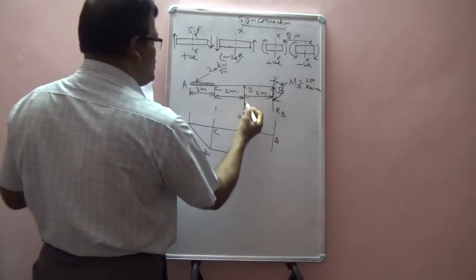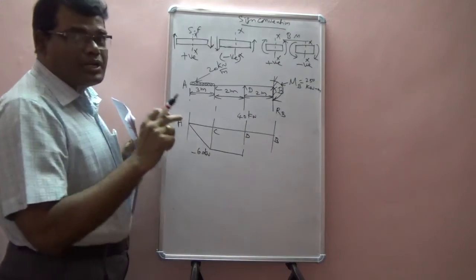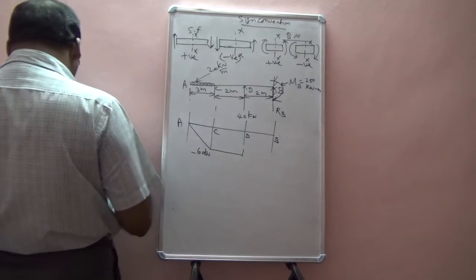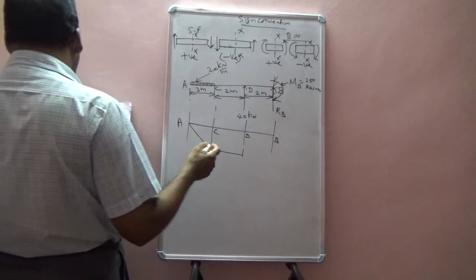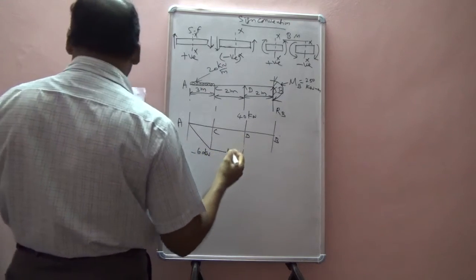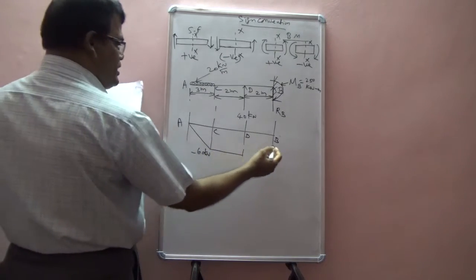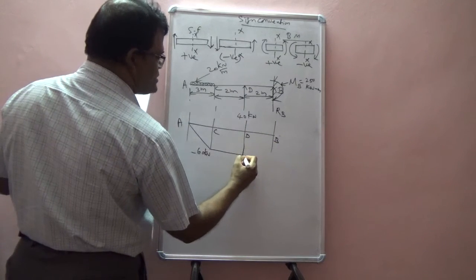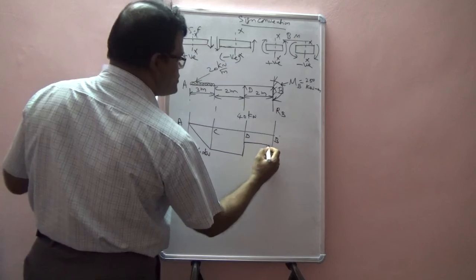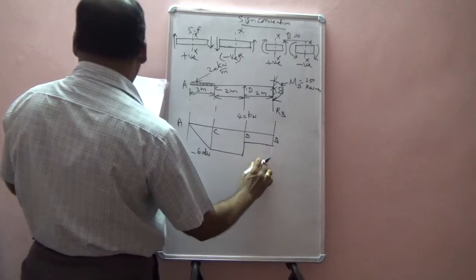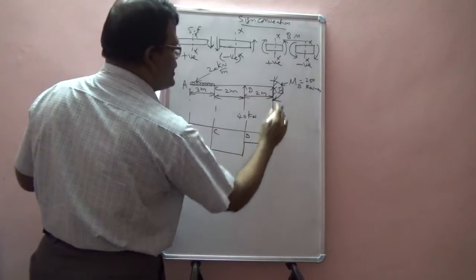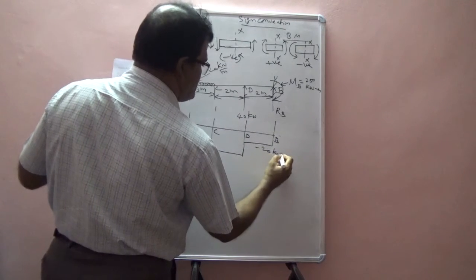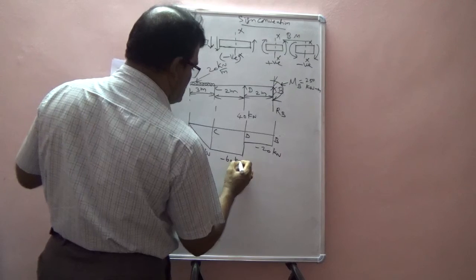Then there is a vertical load which is acting upward. Therefore, there must be a sudden change, either higher or lower value. Let us see what that is. So the right side of D is minus 20, and the left side of B is minus 20. So minus 20, this is minus 60, this is minus 20, and it is also constant. Therefore, here minus 20 kilonewton, this is minus 60 kilonewton.